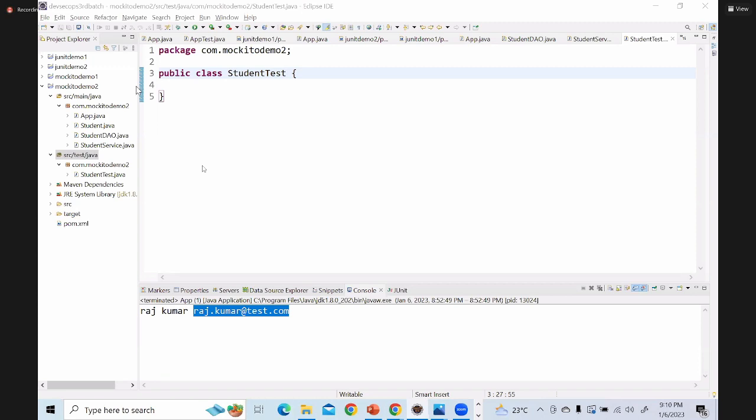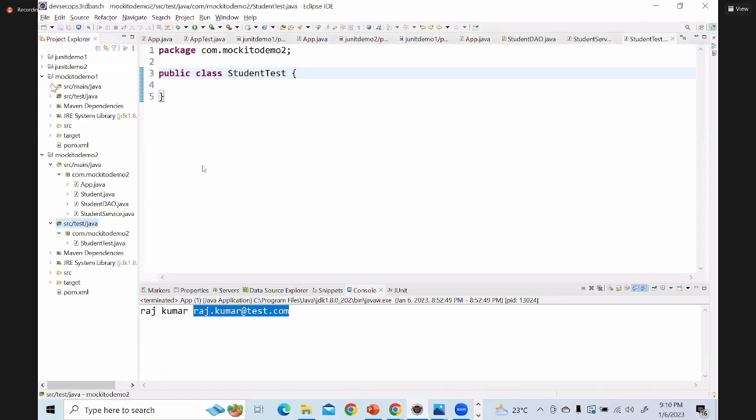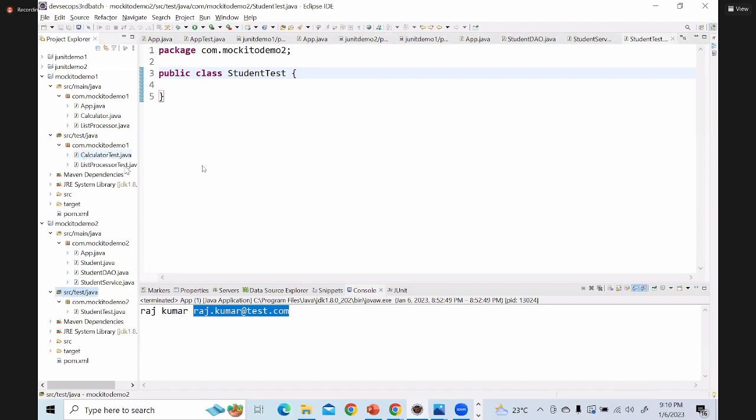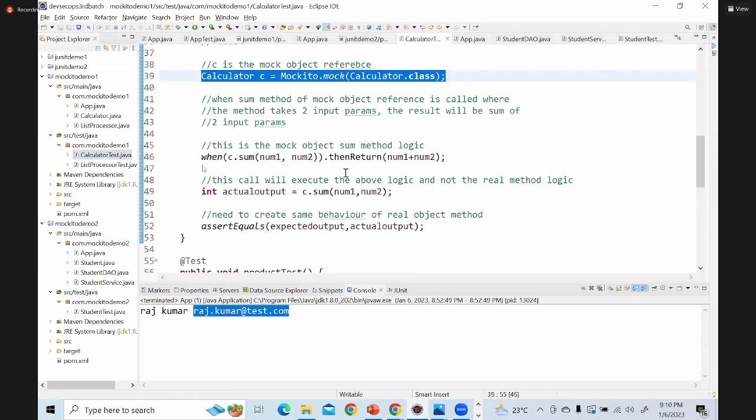So now, if you go to our earlier Mockito examples, here actually